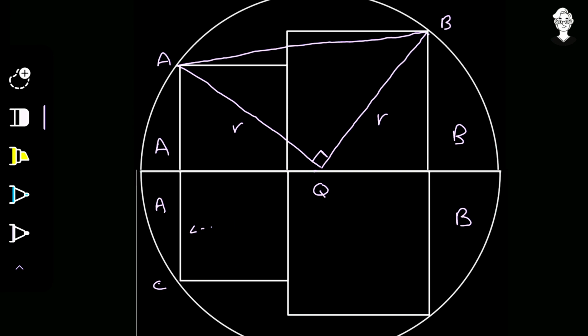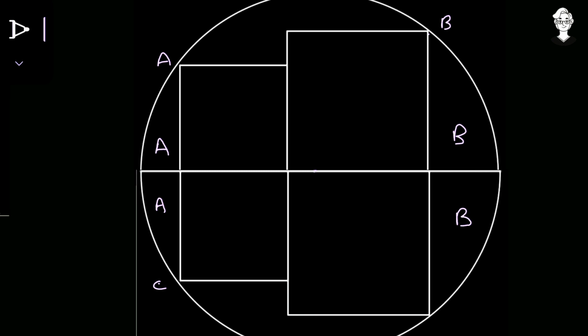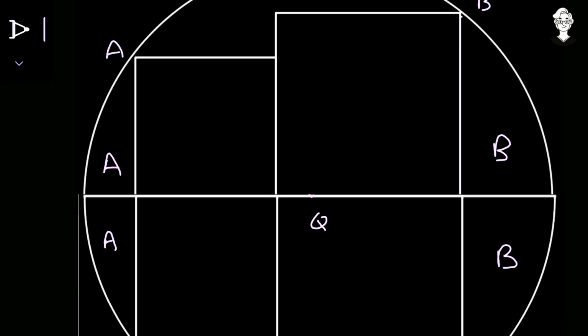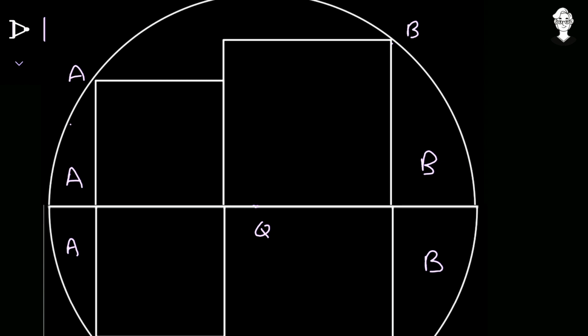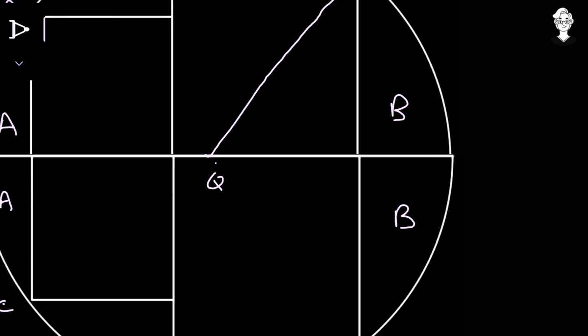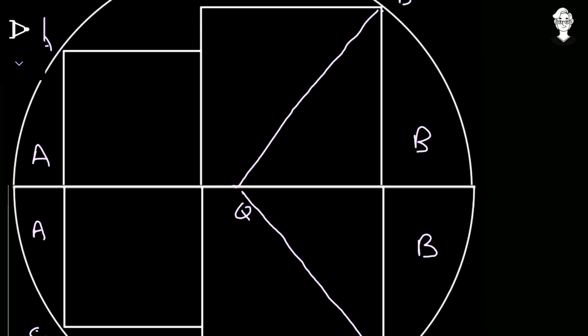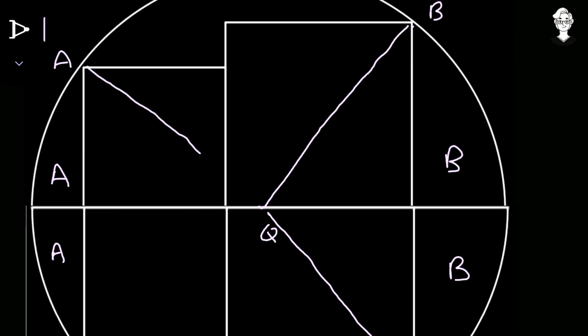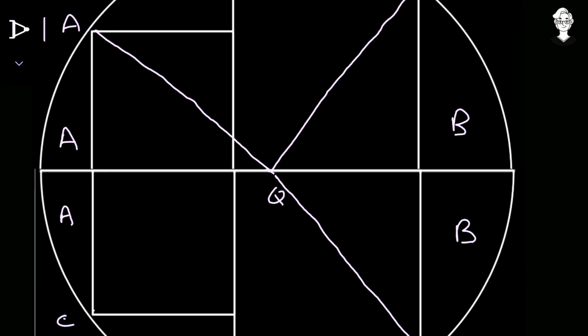Okay, now what we have to do is find the values of a and b, so we can put them in that particular expression. We have considered the point Q as the center. What we can observe is that 2 times a forms a segment and 2 times b also forms a segment. So we can get their areas by using the area of segment formula. For that, let me first join the radii. From Q to B the radius, and over here from Q to this particular point. And on the other side also from Q to A, and from C to the point Q.